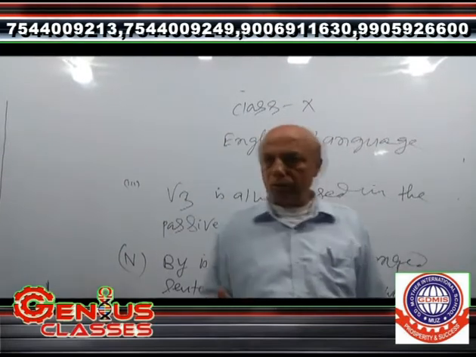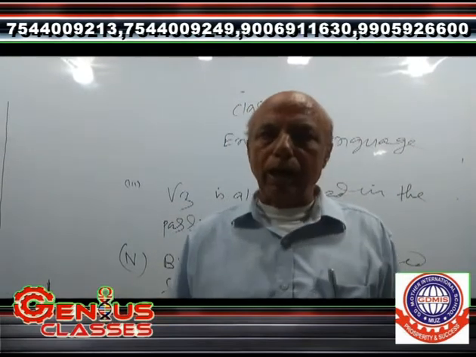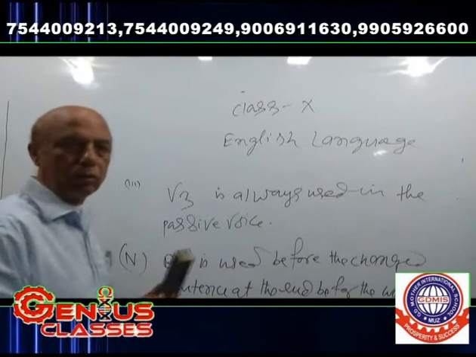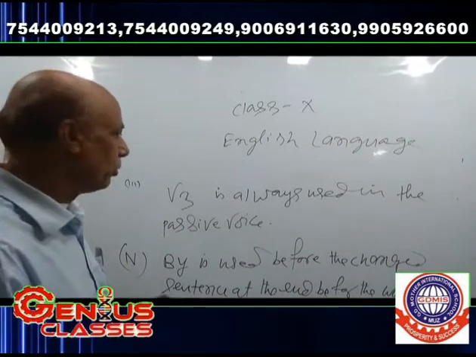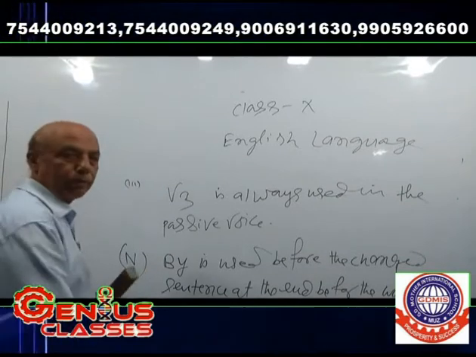Second, auxiliary verbs are used as per tense. V3 is always used in the passive voice, and by is used before the changed object. So there are four rules, and on the basis of these four rules we have to change from active into passive. As for example,